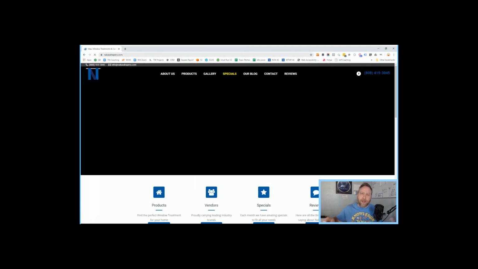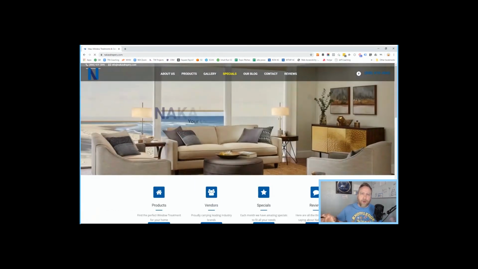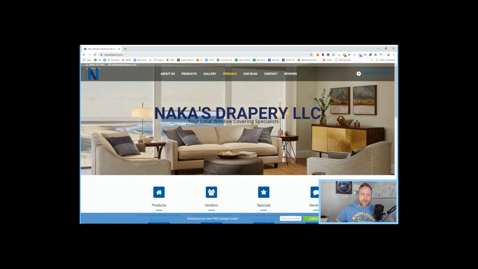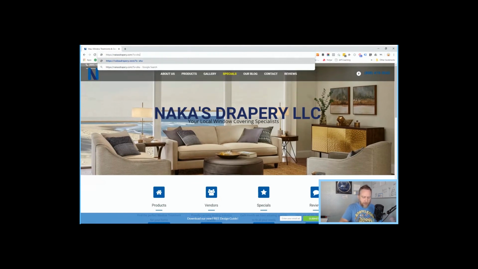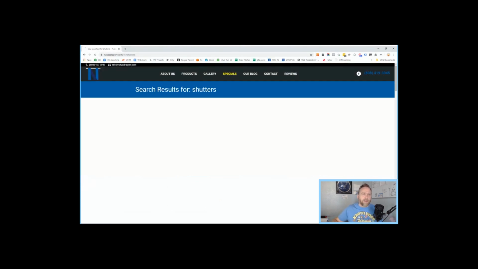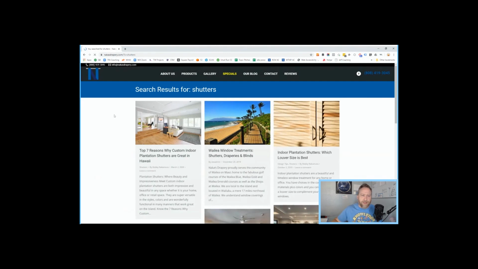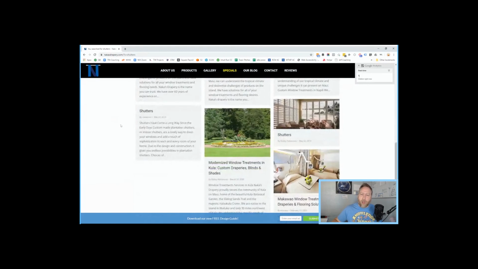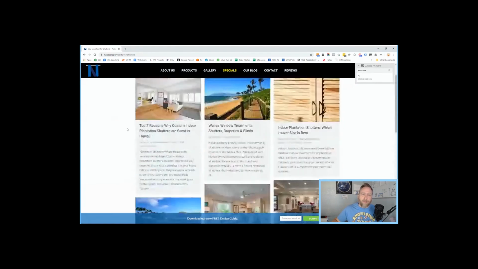What that does is that basically does a query of the WordPress site and says, hey, what do you see related to shutters? And it didn't work. What happened? S equals shutters. There we go. I don't know what happened the first time. So basically what it does is it just goes out and finds every piece of content with that keyword in it. Okay, so now we've got all these different blogs and things that have been written and published over time,